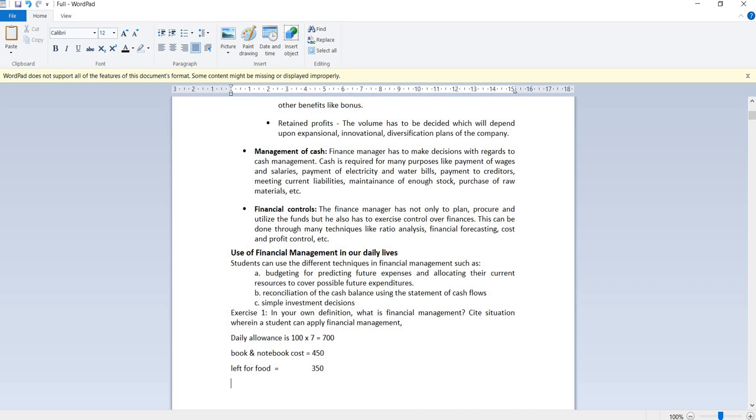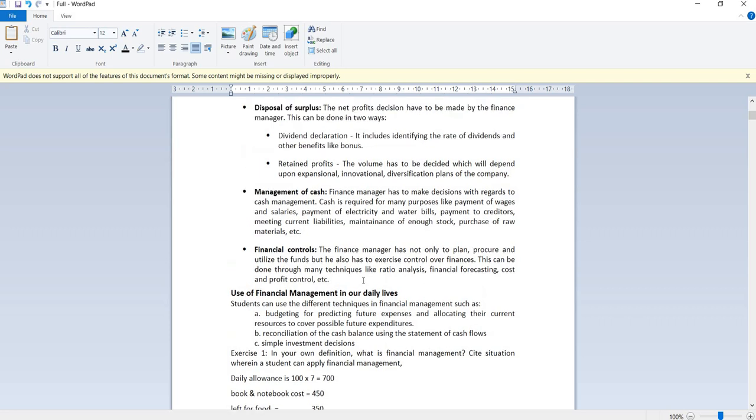So, let's say, ang normally nagagastos mo for food is 500 per week. Kasi nagme-merienda ka pa, nagme-milk tea ka pa, and etc. So, yung 150, kailangan mong